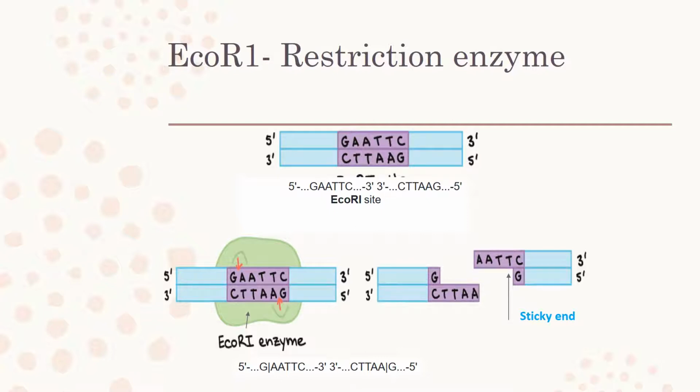The pattern of the cut is recognized only at the GAATTC site. Thus, it produces an overhang of 5' AATTC 3' on each end of the cut DNA. In another piece of DNA, the 3' CTTAA 5' has a matching overhang. The overhangs can stick together by complementary base pairing.